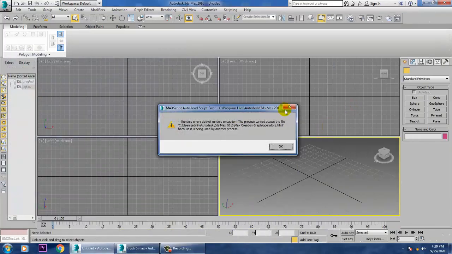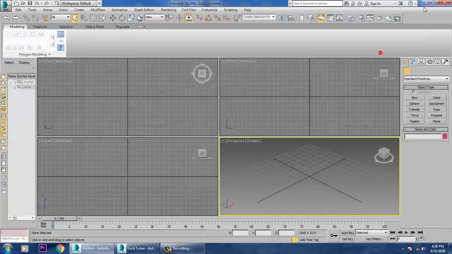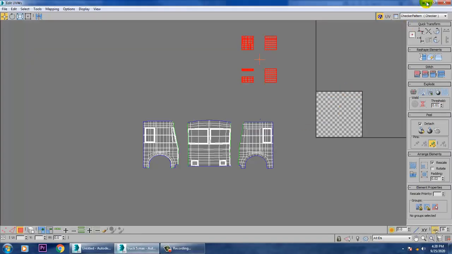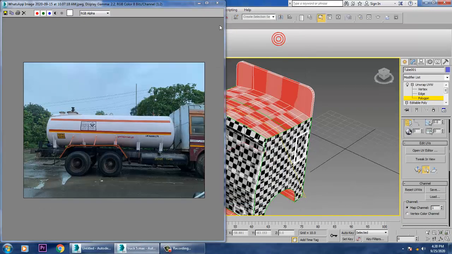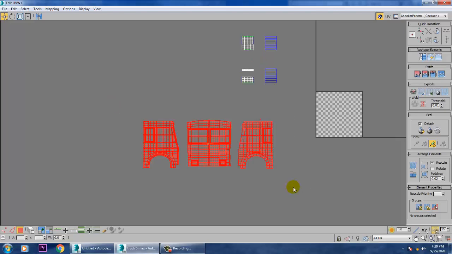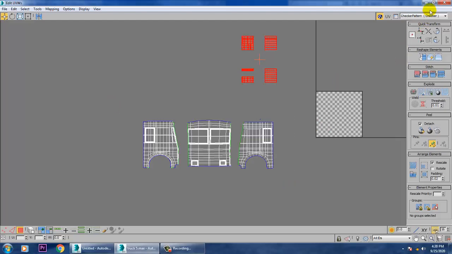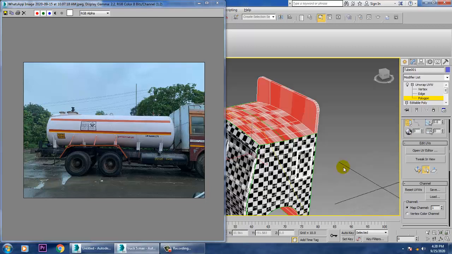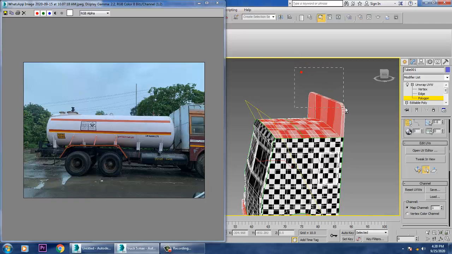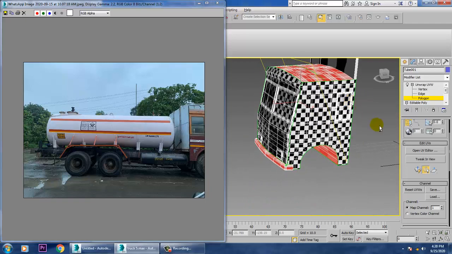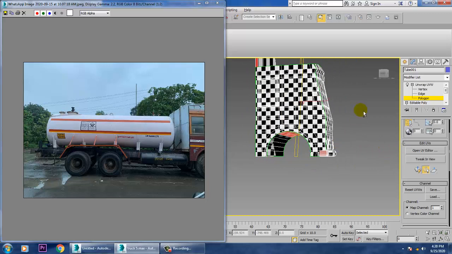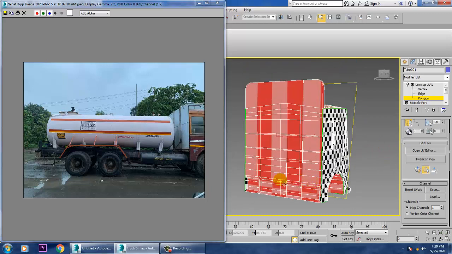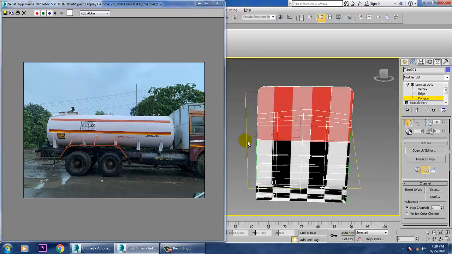So how we are going to assign that is, let's go into this UV editor, select this, Control I, that's your inverse selection, and just exclude this. Whatever things you don't require, please exclude that part.